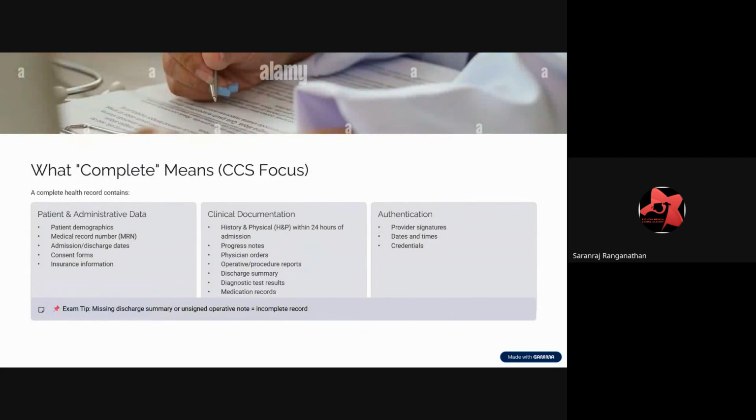What does completeness mean? Completeness is a combination of three important things. One is patient and administrative data, then clinical documentation, and authentication. These three comprise the information related to the